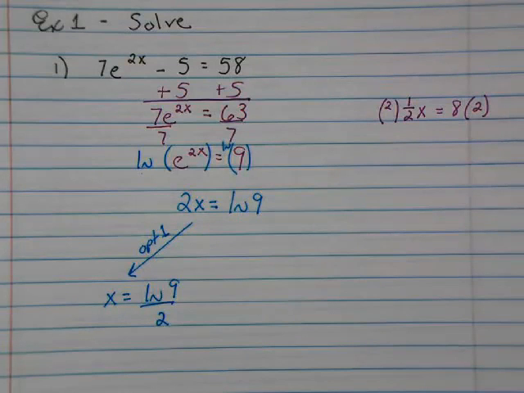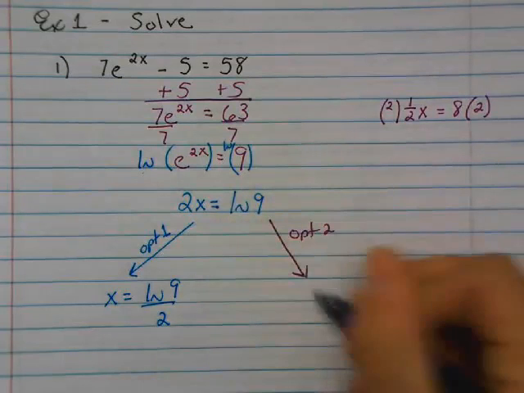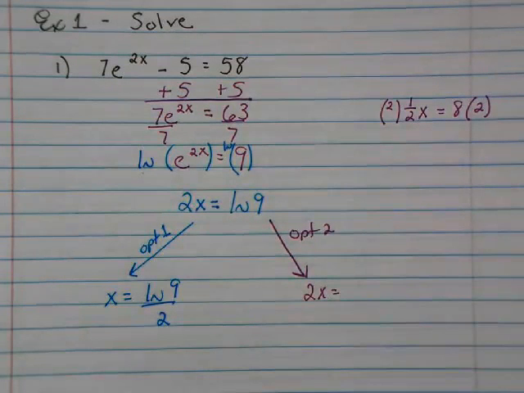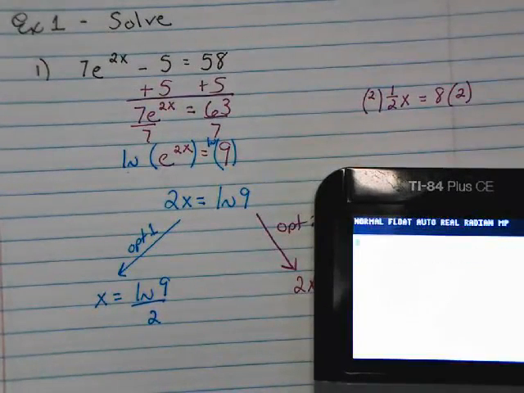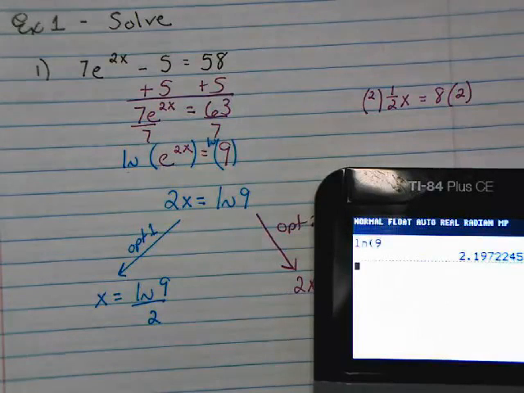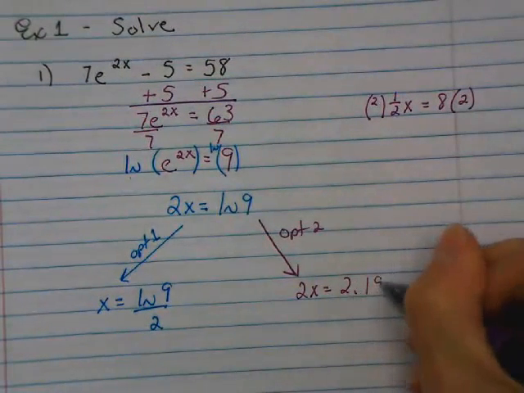Alright, for my guys who say, you know what, pure math is overrated, I'm going to go ahead and convert this puppy to a decimal. I understand by doing that, I'm getting a rounding error, but I'm okay with it. So take the natural log of 9. So grab your calculators. Go ahead and hit natural log of 9, and you get 2 point, and I'm going to carry it out 3 decimal places, so 2.197. Now you'll just divide by 2,